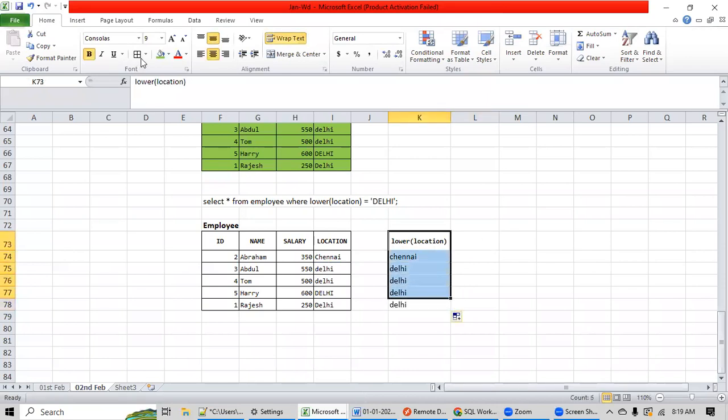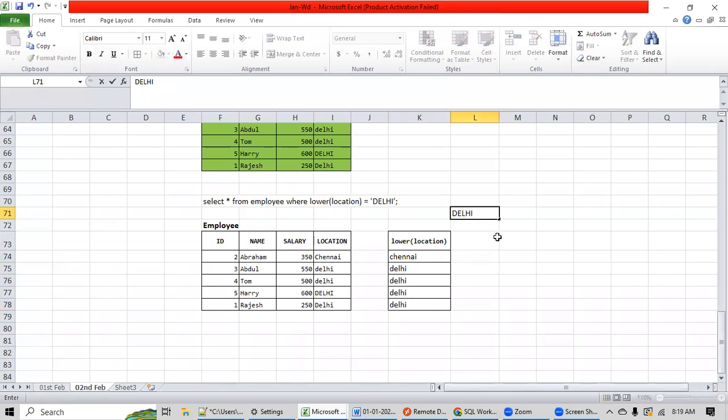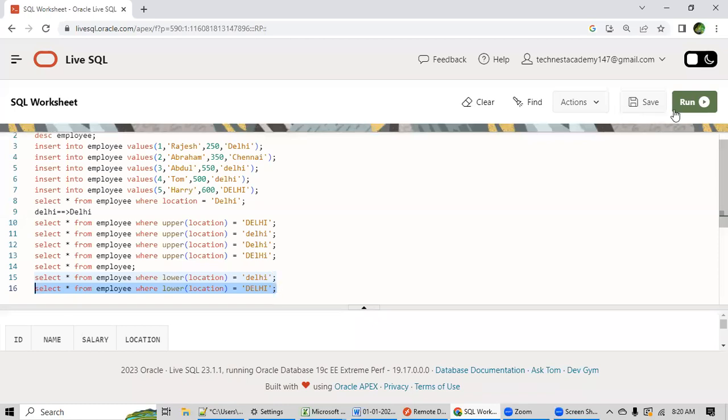Now after this, you are comparing this with daily, which is in uppercase. Do you think this is same as this? No. Is it the same as this? No. So none of the records match this daily in uppercase, so no records will be selected. Finally, the output will be no record found or no data found. Let me run this. No data found. Hope it is clear, guys.